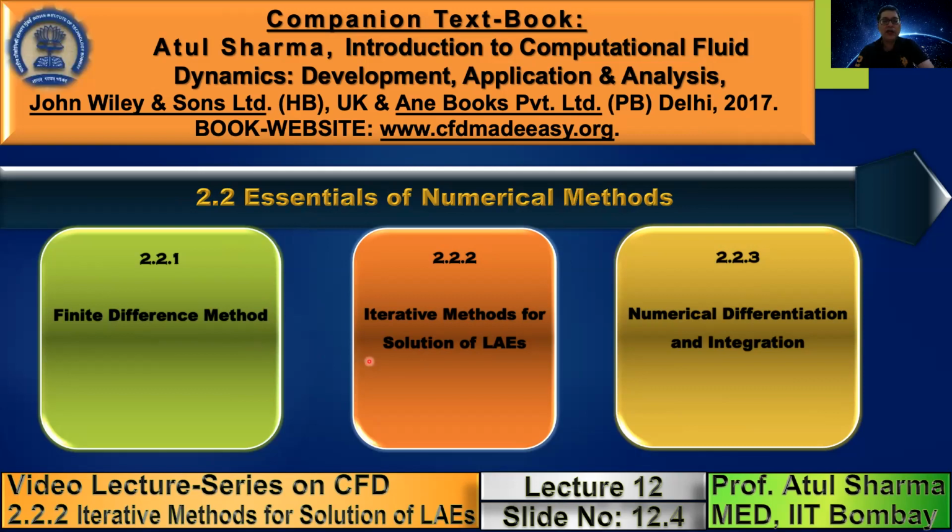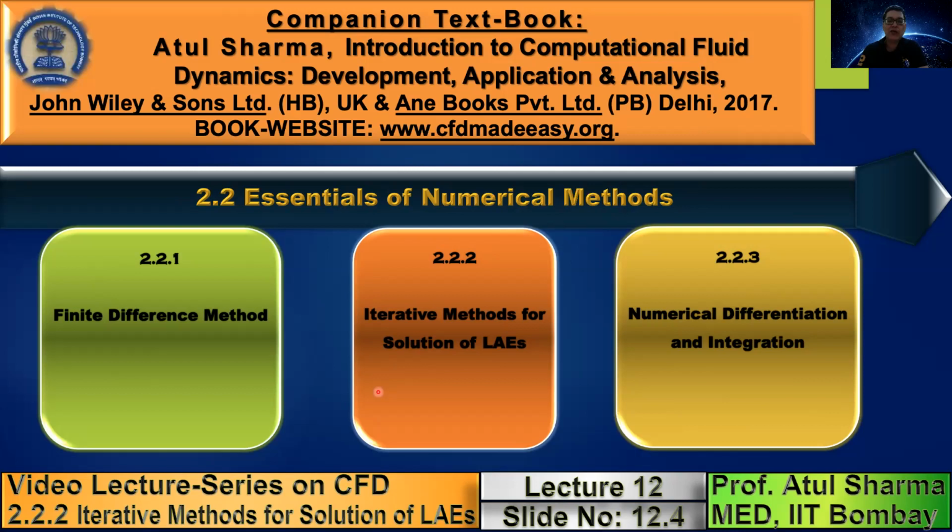Whereas we need iterative methods in CFD, which you might have taken in your earlier course in numerical methods, because we have to solve linear algebraic equations. Later on, I'll mention that there are two types of method, explicit method and implicit method. For implicit method, you end up with a system of algebraic equations which are coupled in nature. And there are normally two methods of solving the system of linear algebraic equations.